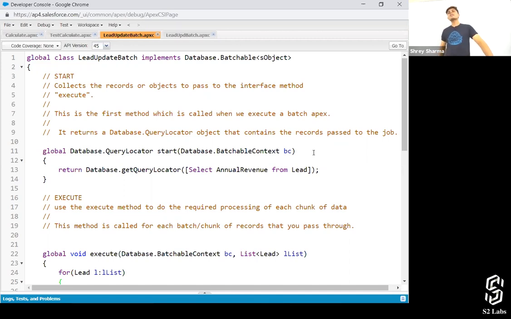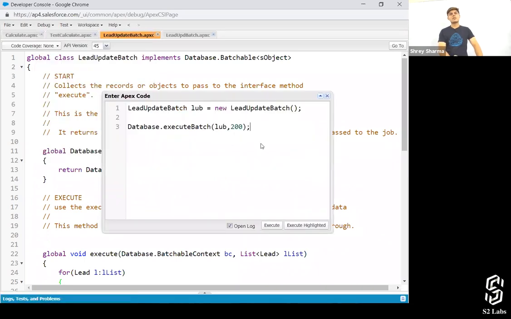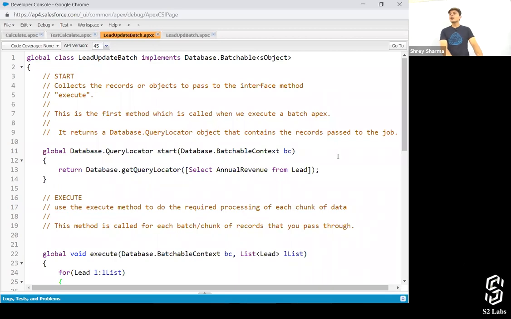And by the way, it's not like it can only be executed when it is scheduled. You can also create a button, and by clicking on that button, there is code written behind it, and if this code gets executed, the batch class will also get executed. So there are different ways, but one important way is how to schedule a batch class, or a batch job. Is it clear? So let's understand that.